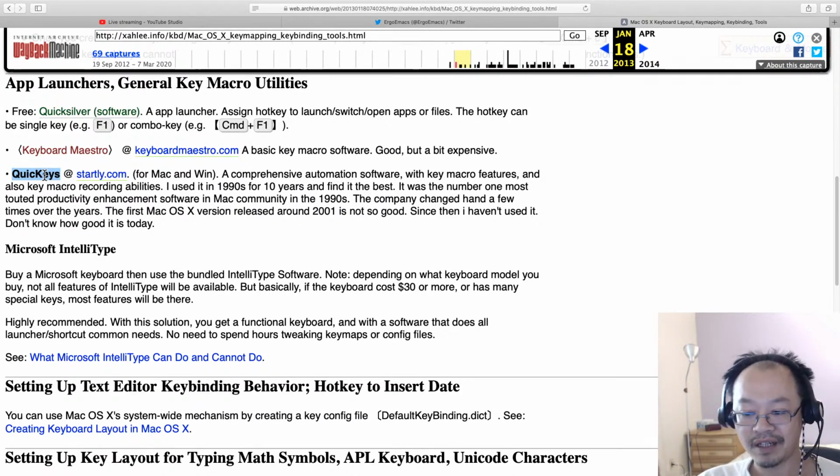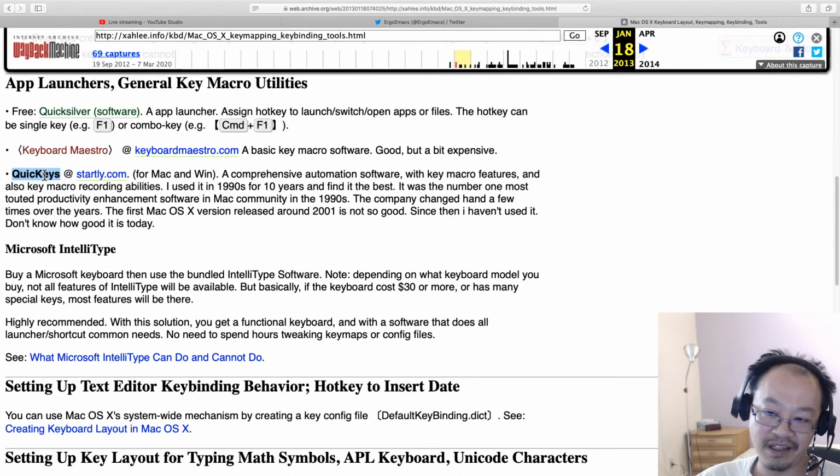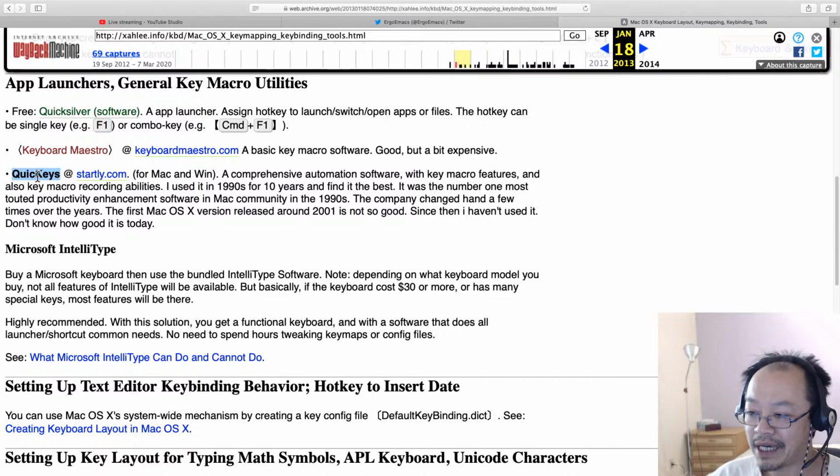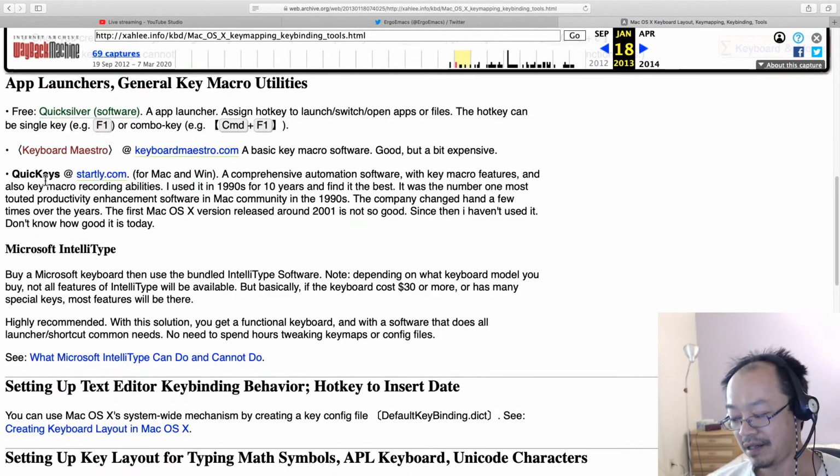But the company actually changed hands over the years. That's the history of companies. Companies change, the source code changes, the quality degrades and so on. It happens. So Quick Keys was for Mac OS, but around 2002, when Mac OS X, the Unix-based Mac OS, came out, Quick Keys doesn't run anymore. You have to rewrite it for Mac OS X. So it took them like 2 years, kind of late to do it, and also by then it was sold to